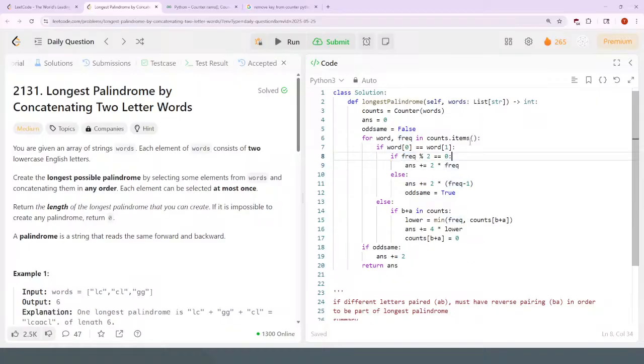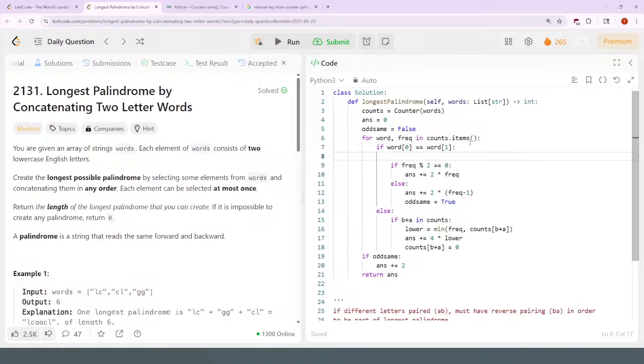With the frequency, I wonder if I could do something like, can I make this not into an if statement? So I could say odd same